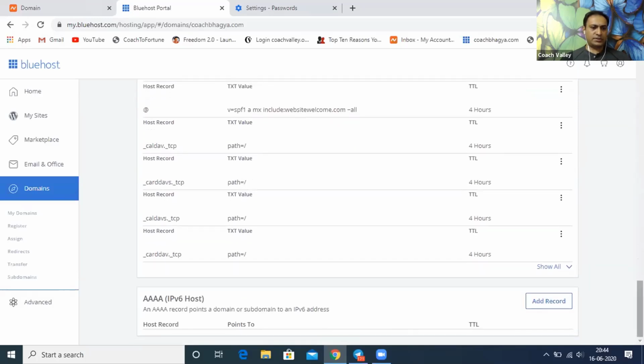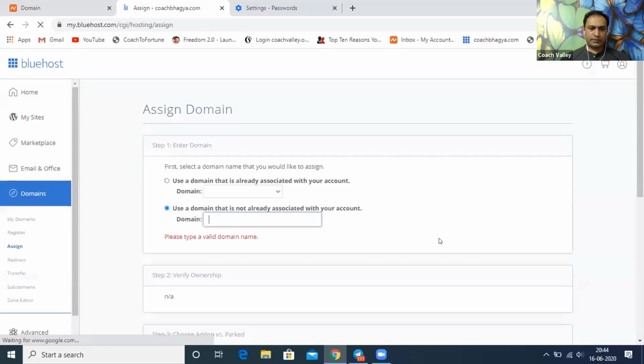So what you do now is click on assign below domain. Go to the third option. Yeah, go to that, assign. Okay, so here I want to quickly check once. I think it's already been associated, but still let us check once. Put your domain name here. In the second option, always if you have bought the domain from the same server.